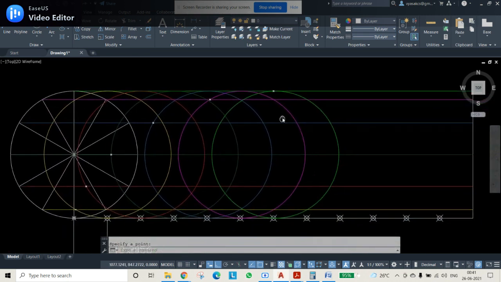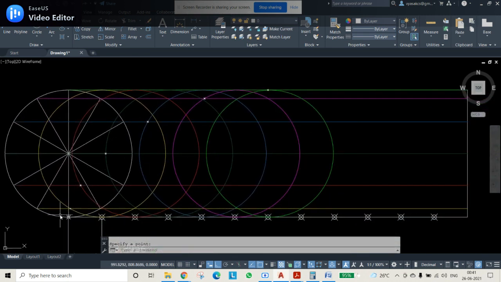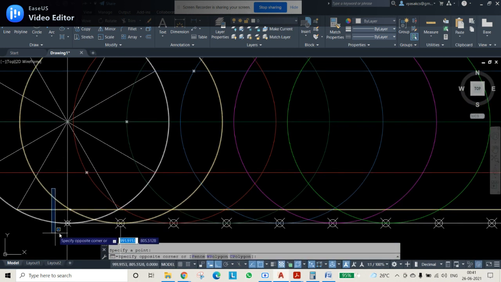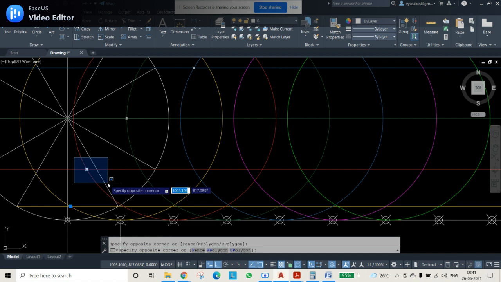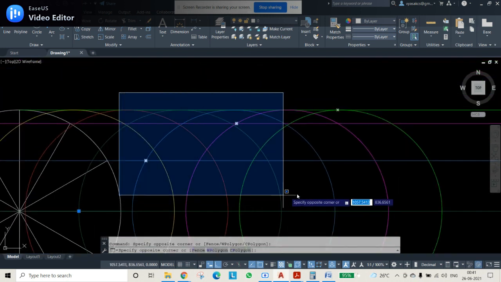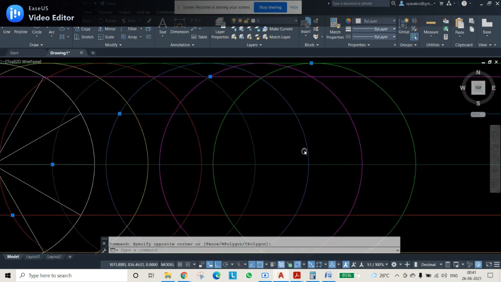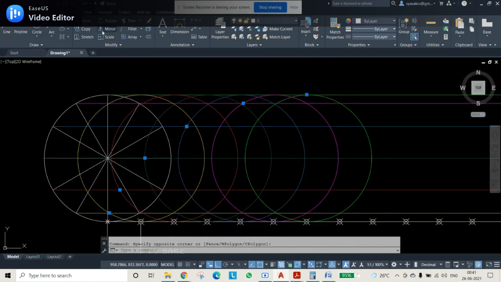After this is obtained, you can select these points, whatever points are obtained. This is the first point, this is the second point, this is the third point, and in this way these are the remaining 3 points. These points are selected and use mirror image, from midpoint up to midpoint. You can select these points perfectly